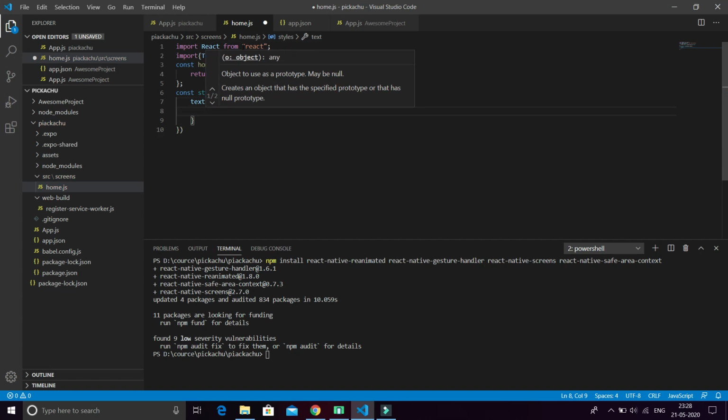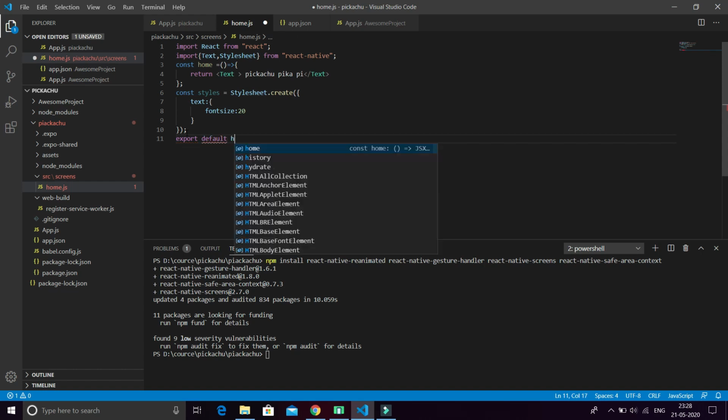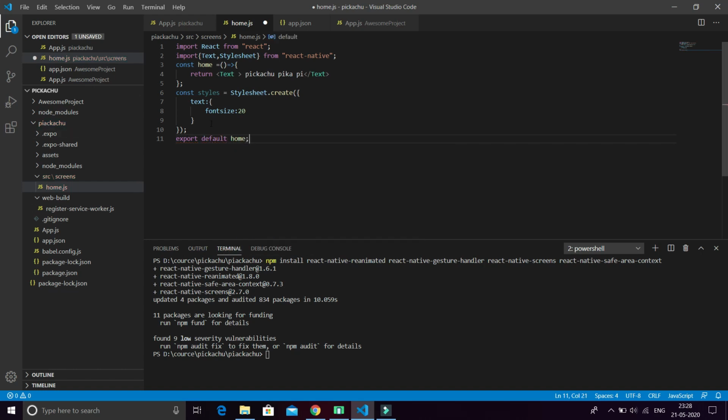For the text, I just put font size, anything you want, I will keep it 20. And here I will close this tag. We also have to export this app, export default Home. Home is the constant which we have taken here, which it will return when it is called.